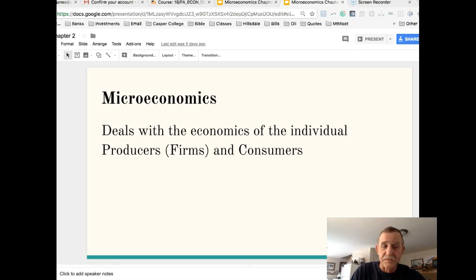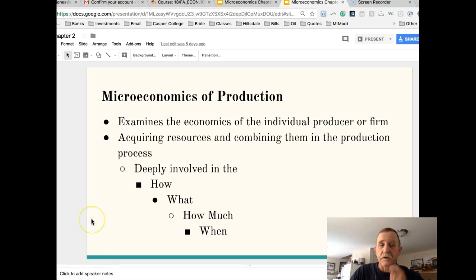So that's what we're talking about as far as microeconomics. It's a different field of study, but there are interactions between that and macroeconomics, which deals more with the national scene and the world scene internationally. So we talk about big things like unemployment rate, interest rates, and effect on the economy, and GNP when we talk about macroeconomics. So here we go, microeconomics of production. That's going to be our field of study for the next, I don't know, 3 or 4 units.